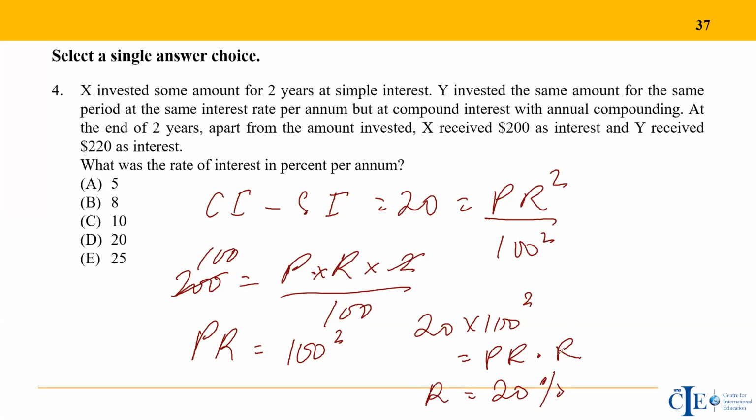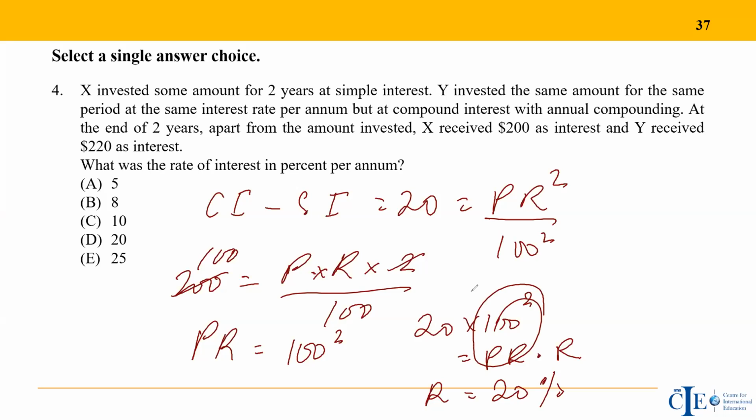I use the simple interest formula from which we can calculate PR, and PR square can be split as PR into R. You know exactly which part would be equal to the square part, and the other one would be the R%. Equating that, PR is the 100 square part, so R has to be 20. This is one method, where you use the idea for both of it and work it out.